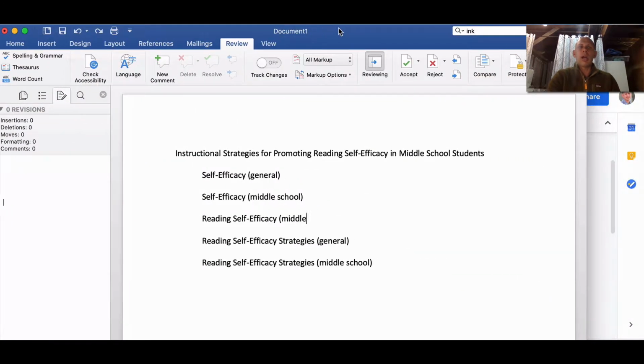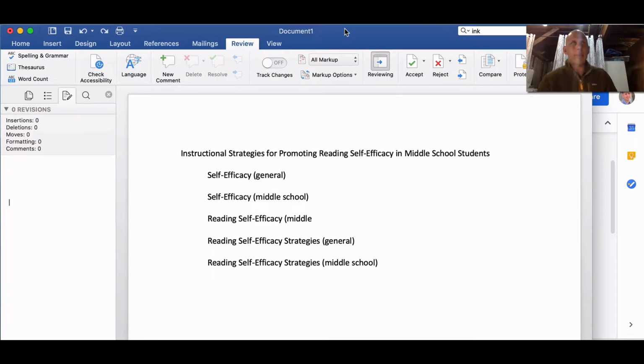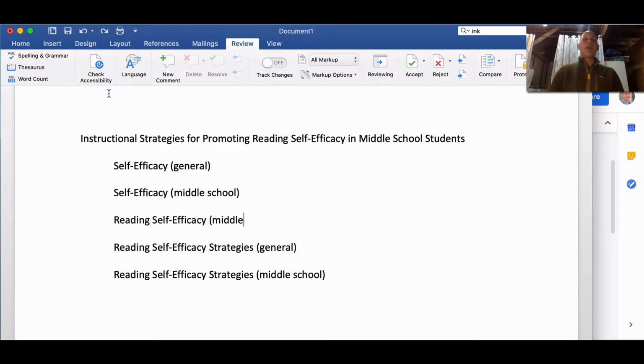Okay, so I wrote, and these are not the headings of my paper, this is just the way that I'm going to attack it. So let's say that the title of my exploratory project is Instructional Strategies for Promoting Reading Self-Efficacy in Middle School Students. So in layman's terms, how can I get students to show, intrinsic motivation isn't the word, show more self-efficacy or more drive and perseverance towards owning their desire to learn